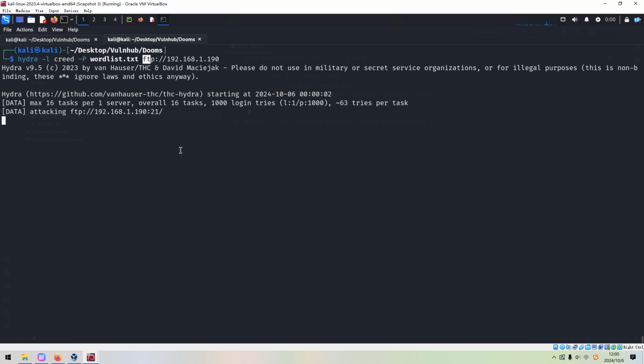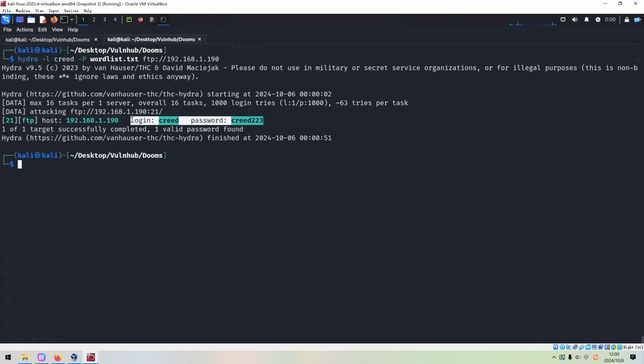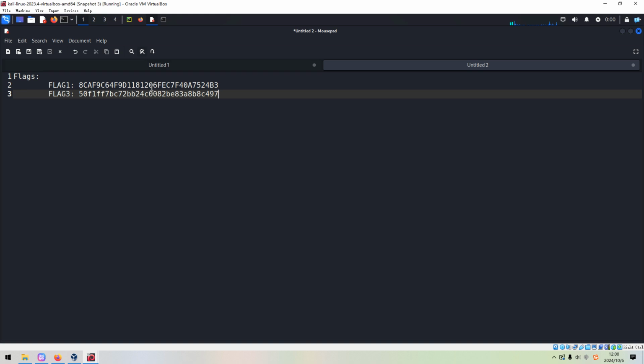We can let it run for a moment because the word list is not so big. This will not take a long time to finish, and then we can move forward if we didn't get any error. Okay, now we successfully got the credential for the FTP service.